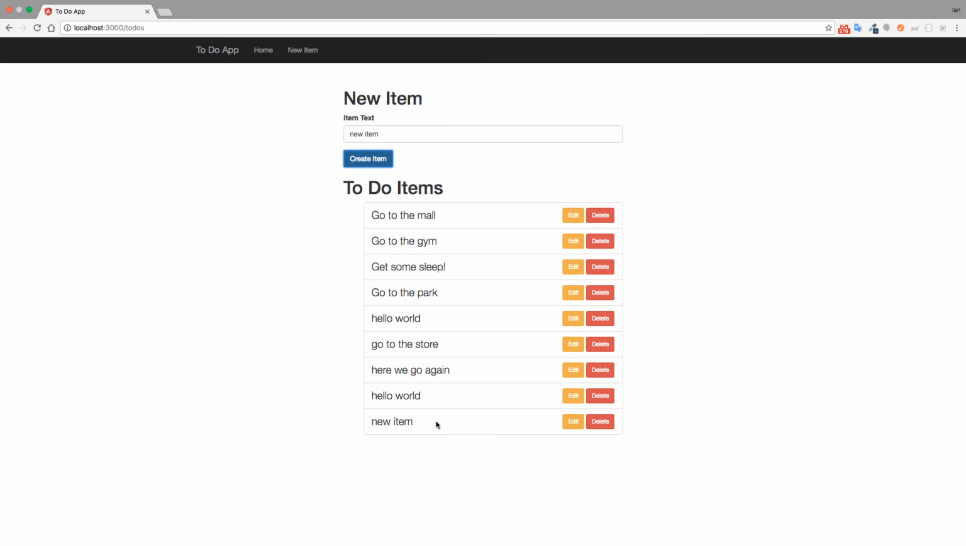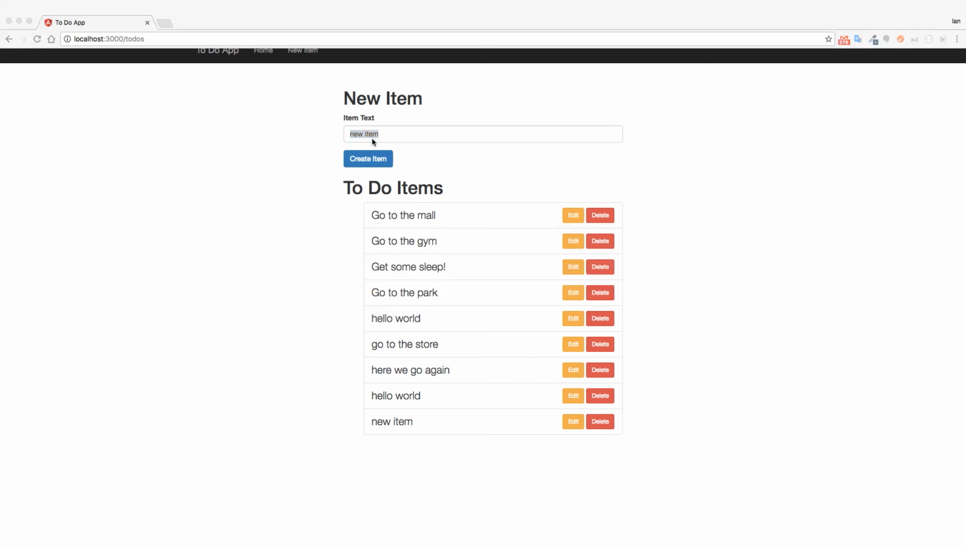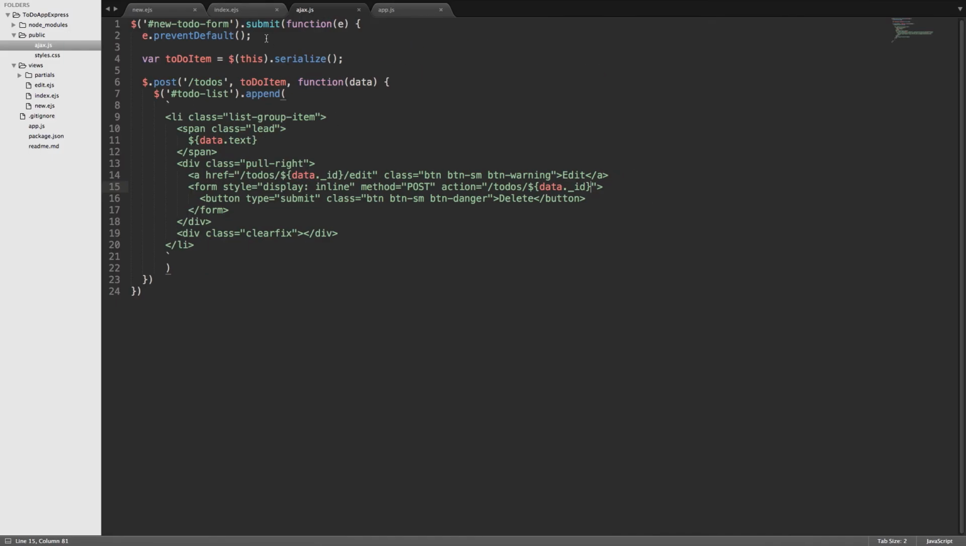So now what we want to do is whenever we've submitted a new item, this form still has the value new item inside the input. If we wanted to add a new item, we'd have to go in here and we'd have to select that and remove it. So what we're going to do as one last step is remove this. We're just going to make it blank again. So we'll go back to our code here, pull that up, and inside of here, right after this dot append method is done being called,